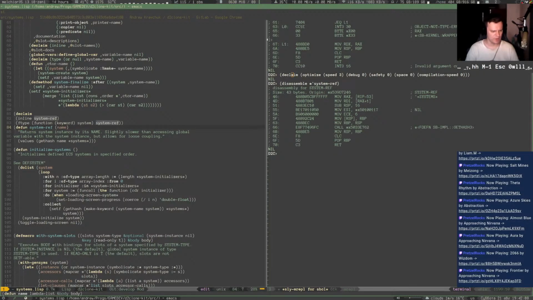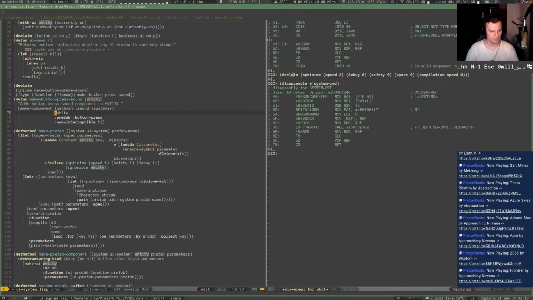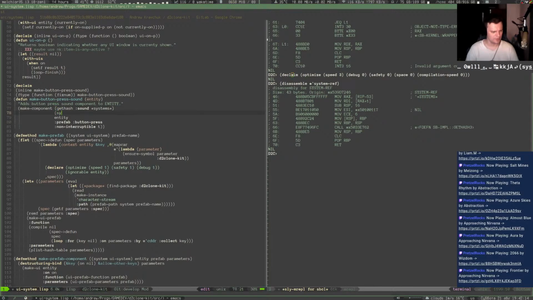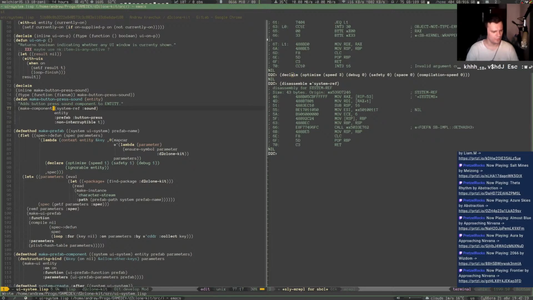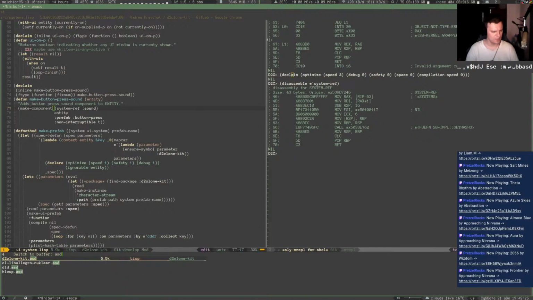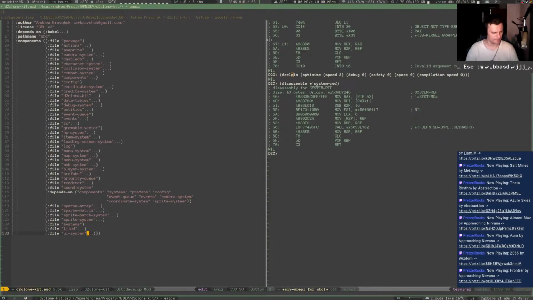So, system ref. So what do I do here? I just replace this atrocity with system ref sound. And now, voila, I can remove the dependency of sound system on UI system. Alright, so